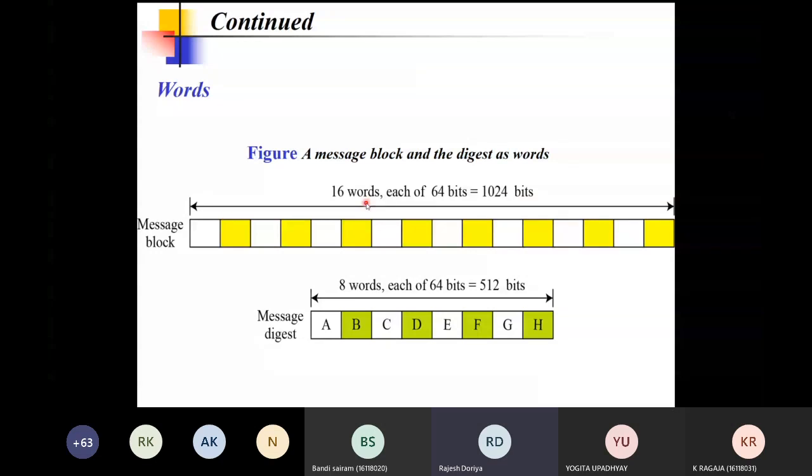So the input block has got 16 words, and after the first round we are going to have a message digest which will be having a size of 512 bits. That means we are going to have 8 words, and each word will be having a size of 64 bits. So this is your input and this is your output after the first step. And this is what we will be interested in at the last, the message digest or your hash value. You can call them registers, you can call them buffers. In different algorithms these things have been termed differently. Sometimes they are treated as registers, sometimes as buffers.